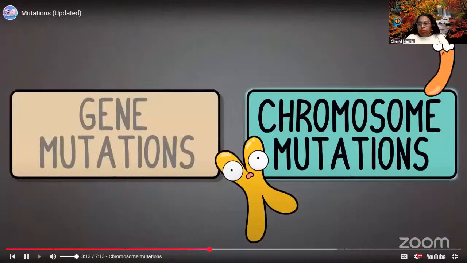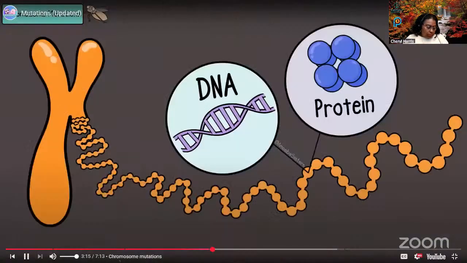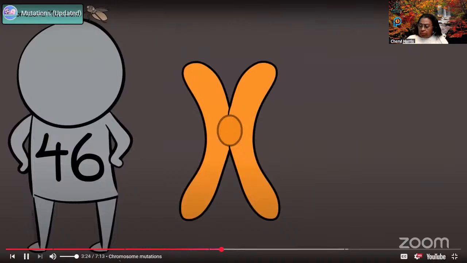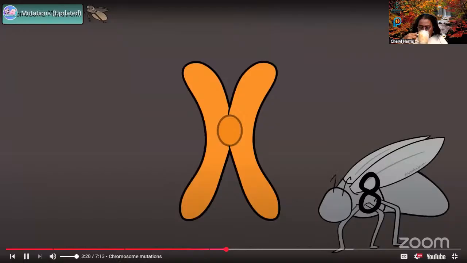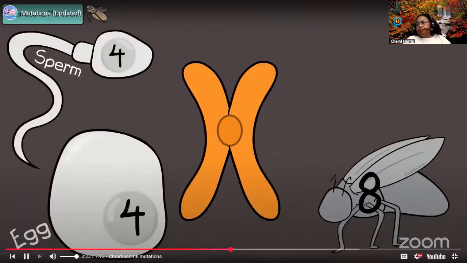There are also chromosomal mutations. Remember that chromosomes are made up of DNA and protein, highly organized, and they have lots of genes on them. The human chromosome number is 46, with 23 from an egg cell and 23 from a sperm cell. This type of fruit fly here, however, has 8 chromosomes, so 4 came from an egg cell and 4 came